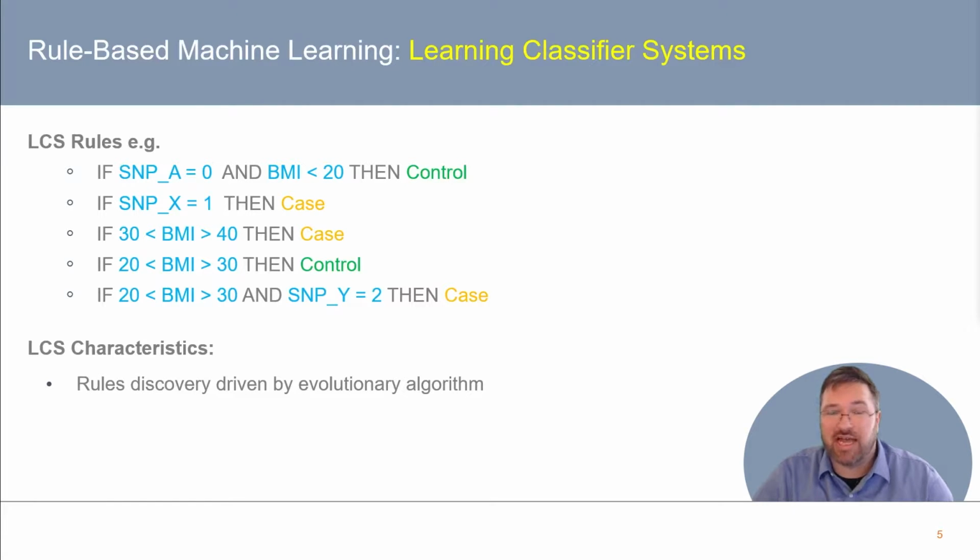Some distinguishing aspects of LCSs include that model, or in this case, rule discovery, is typically driven by an evolutionary algorithm, such as a basic genetic algorithm. If you're not familiar with evolutionary algorithms, these are algorithms directly inspired by the concepts of neo-Darwinian evolution, where candidate models, or in this case rules, are akin to biological organisms that have a chance to survive and mate based on their fitness, and the mating of more fit individuals produces offspring models or rules that are ideally even more